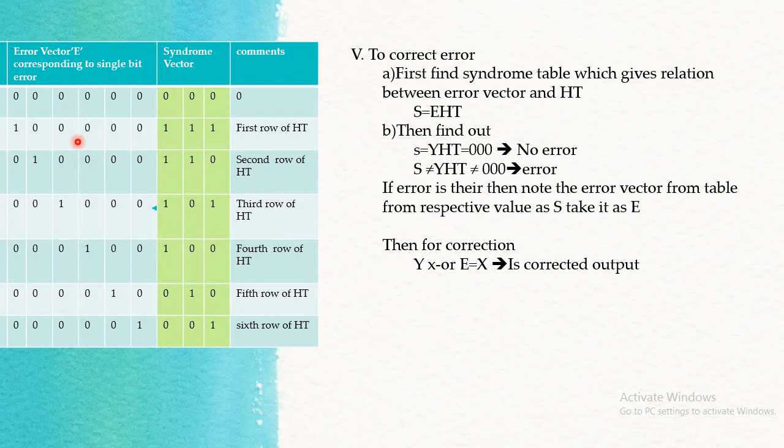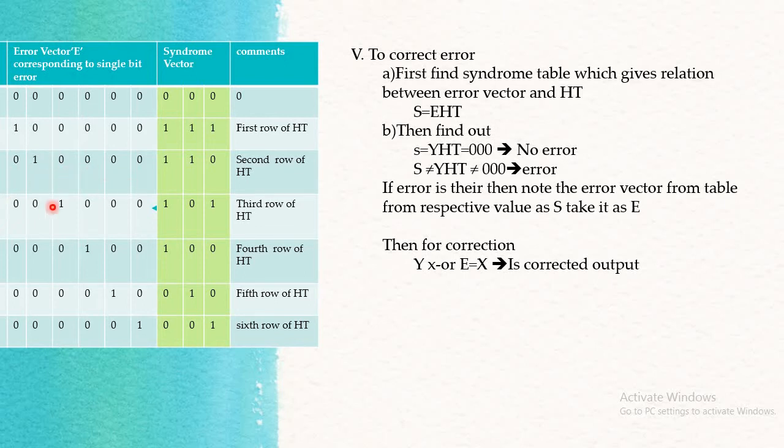Similarly, we consider the different positions of an error vector. In this table, the first condition is where the error is present at the first position. Here we are solving the numerical based on the point that there is only a single bit error. So the respective error vector has the first value high and the rest all 0. Next we consider the error present at the second location: this is the second location, it has a high value and the rest are 0.